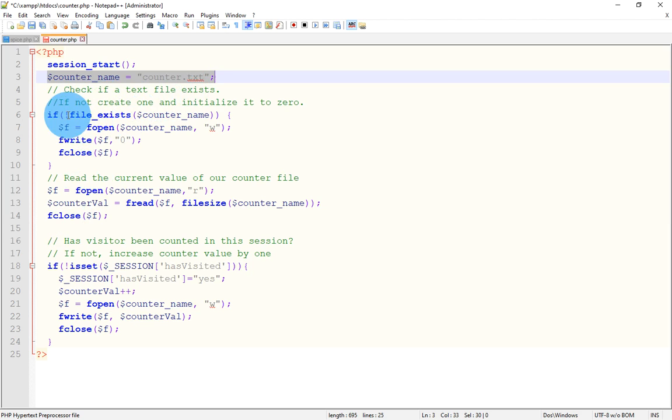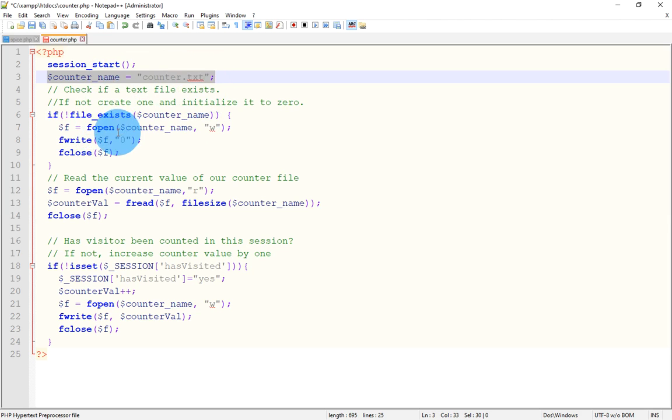If the file counter.txt does not exist, then we are going to create a new file. That is why we have used if not file_exists counter_name, but the value of counter_name is counter.txt. Then if this file doesn't exist in our server, we are going to create a new file named